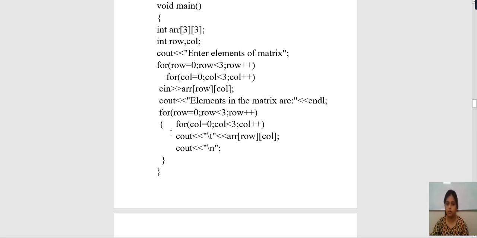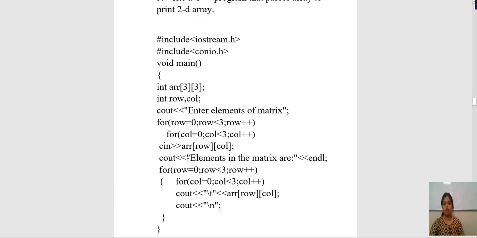So for that, for the next for loop, in the curly bracket you have to write that the loop will execute till your condition gets false. Till the column condition is false, your for loop will be executed. For col is equal to 0, col less than 3, col plus plus, print out array row and column. Then your row and column will be printed. Till your condition is true, your rows and columns will get printed. Once the condition is false, your program will terminate. So this is how the program works for matrix creation.